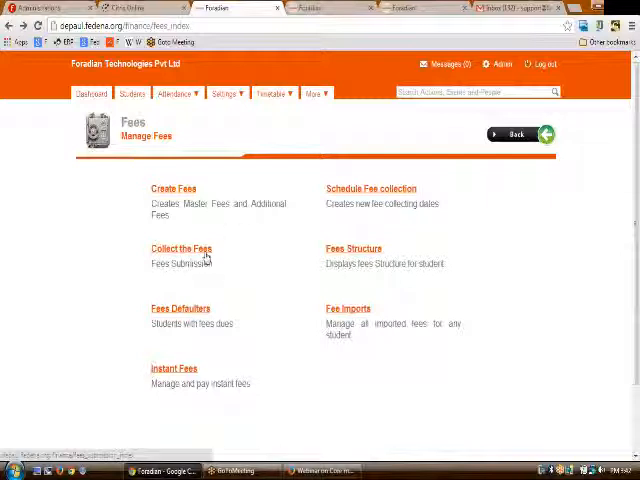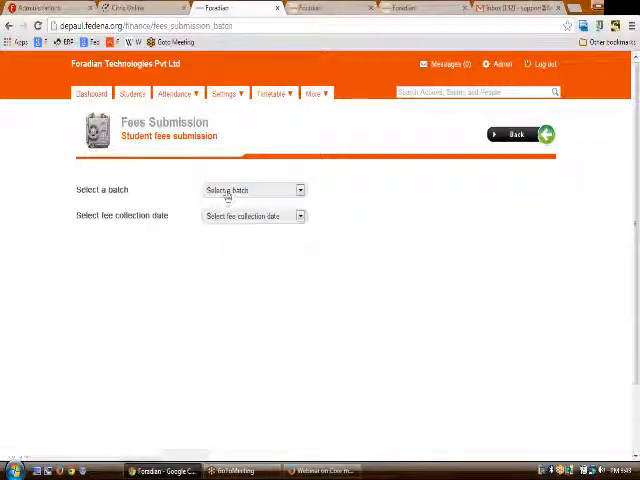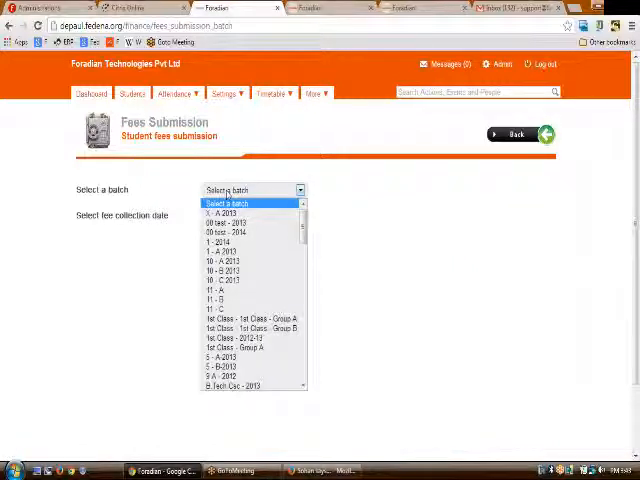Then comes collect the fees, where you will be able to collect the fees for a student. Again, the fee submission can be by course and can be for each student. So if you want to submit the fees for each student, just click upon fee submission by course, and then you will be asked to search the batch, based upon the choice of the student. Let us say I'm clicking upon fee submission by course, and the batch is to be selected